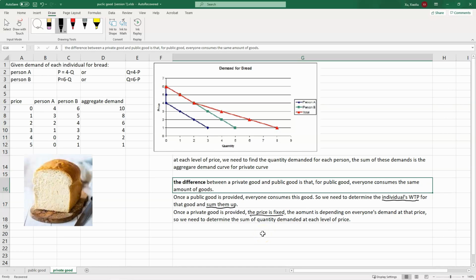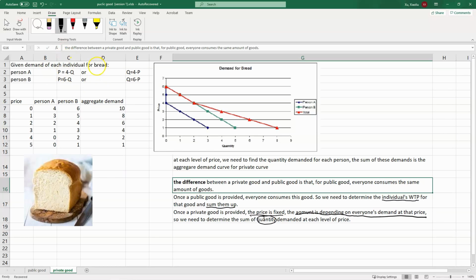The quantity depends on everyone's demand at that price. So we need to determine the sum of quantity demanded at each level of price. So as we can see in the example